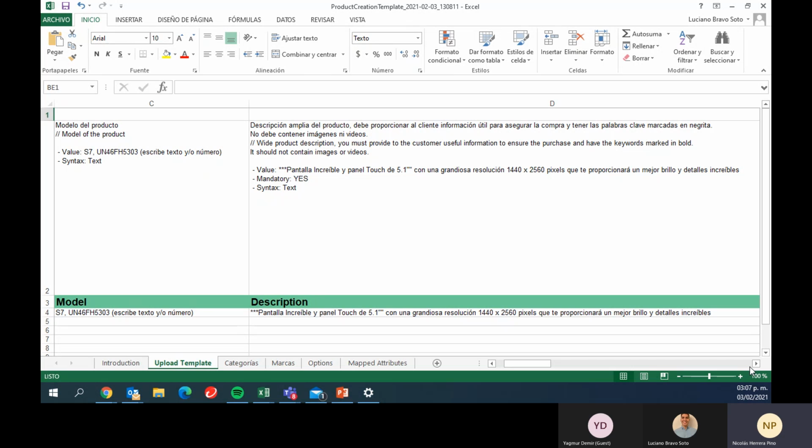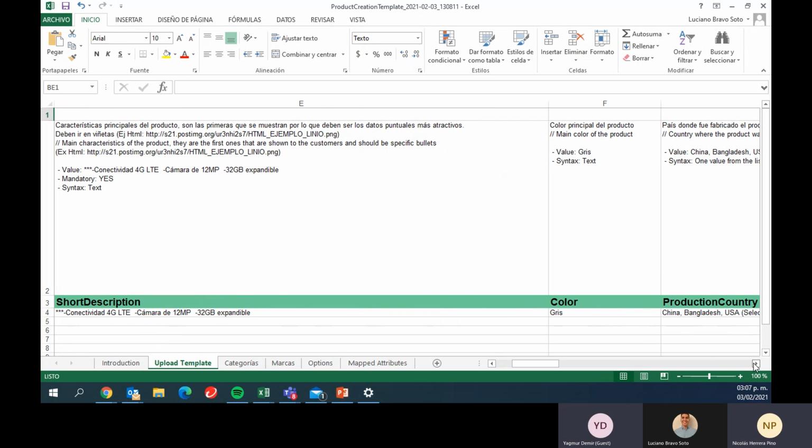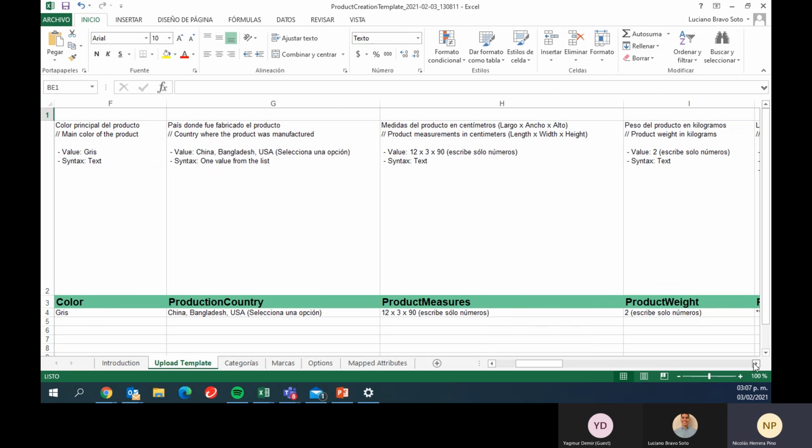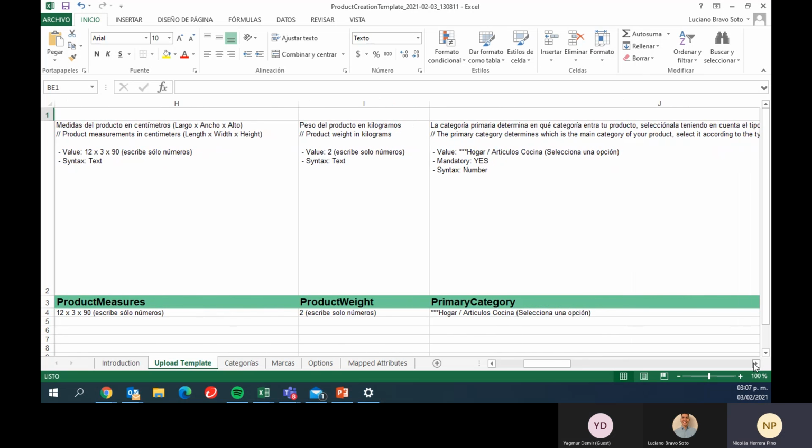So you can just send this to me in English, and sorry, you can upload it in English, and then we can translate it for you. And then if you keep going to the right, you have a short description in color, the production company, production country. You have your measures, your weight, your category,